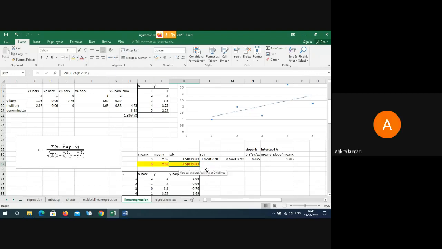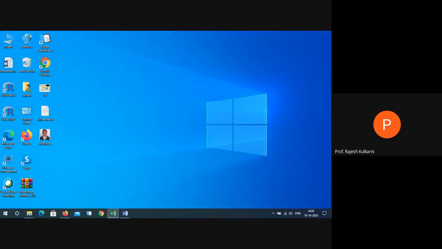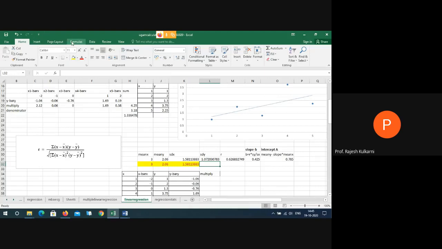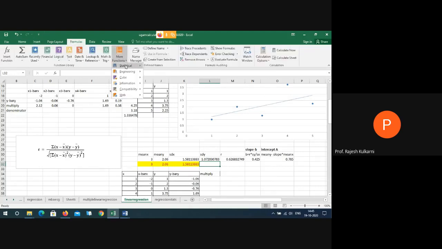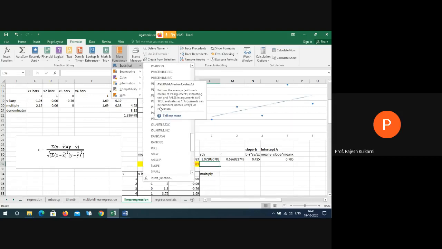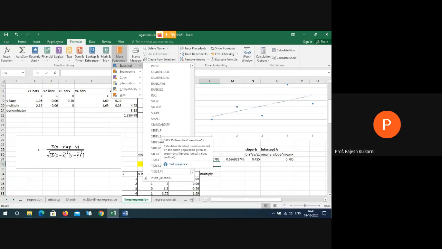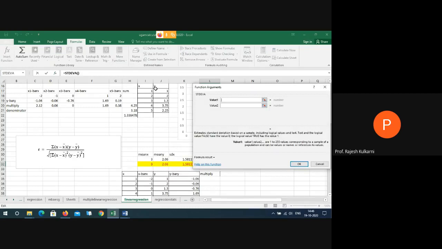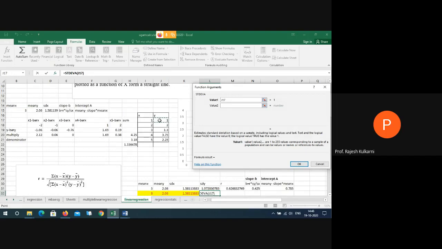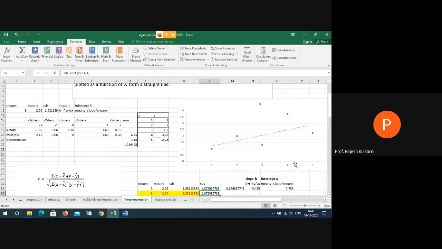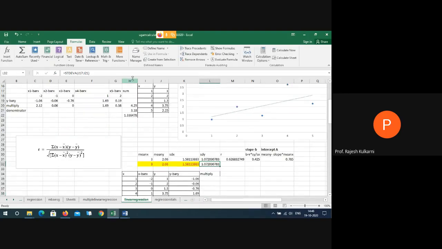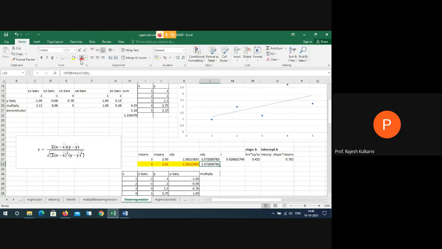So 1.58. Very good. So similarly, I'll be calculating the standard deviation of y using the formula bar. Go to formulas in Excel, statistical, then again go to standard deviation, where it is, not this, not this, we'll go for this, and we'll be picking out our values. So our values are here. So just selected y values, and I got standard deviation of y. Somebody from second years, please help. What is the value I calculated for standard deviation of y?